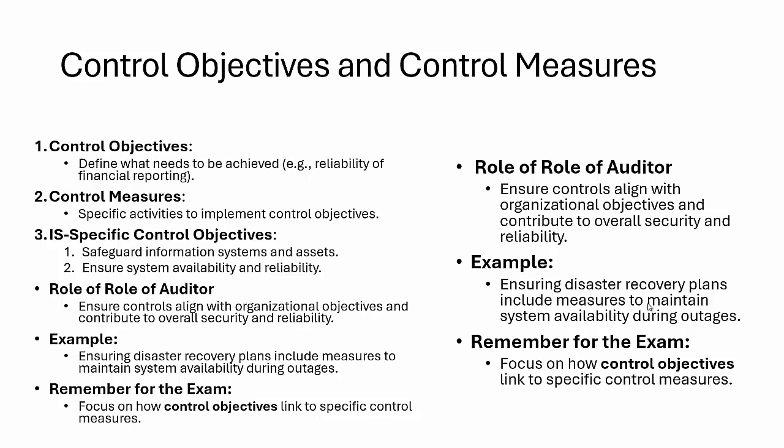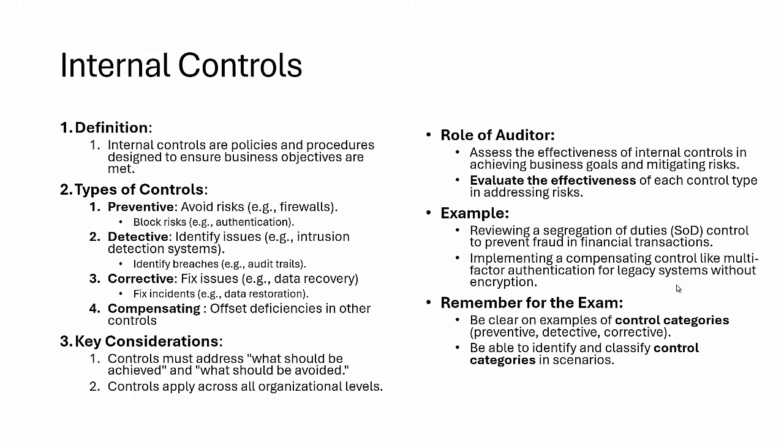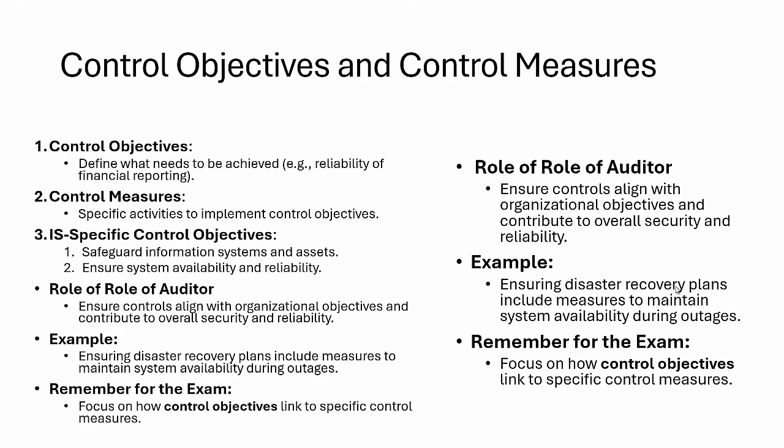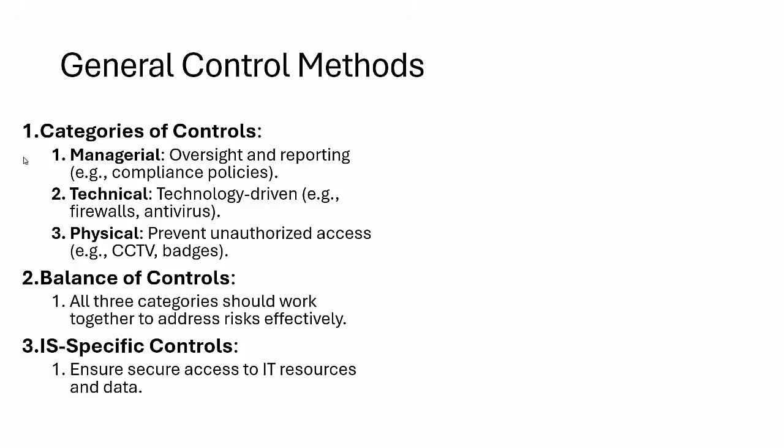Now, in the previous slide, if you remember, we discussed the types of control and how they work, but how do we enforce them, in which form are they enforced? So we have 3 categories: managerial control, technical control, and physical control. These are the 3 categories. I have a dedicated video. If you go to YouTube and type prep control types, you will get a dedicated video I've covered on that, and I highly recommend checking that.